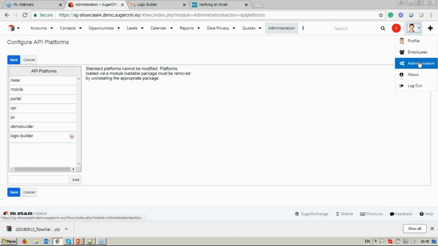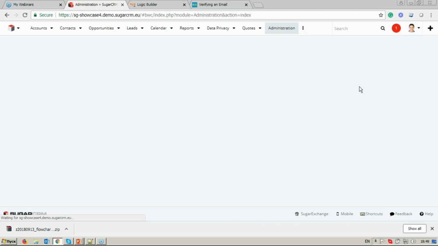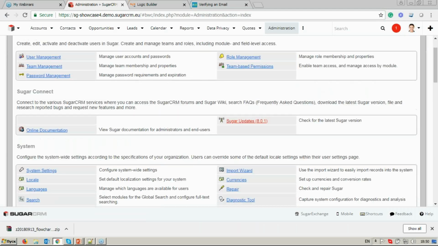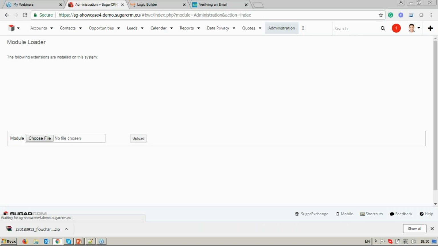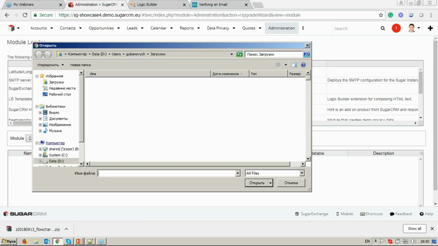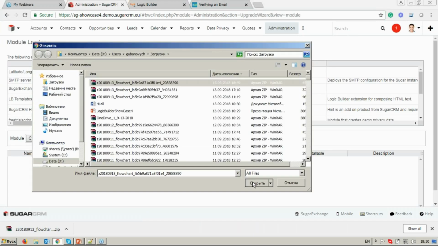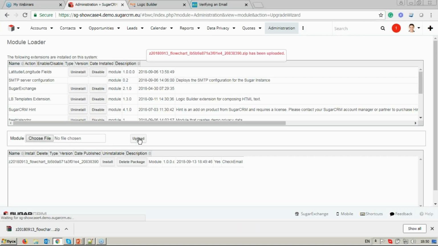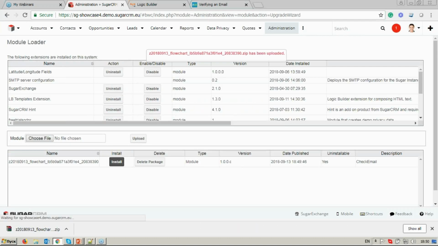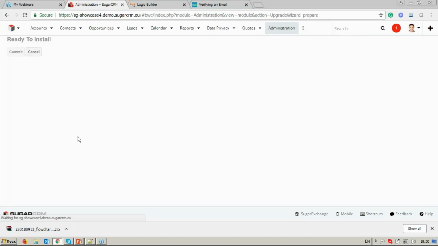For this, we return to it, go to the admin section, and as with any other Sugar package, we download it through module loader. We choose File here. Here it is, what we just created, and click Upload. And after it, we click Install and commit. The installation process may take a while, so let me just